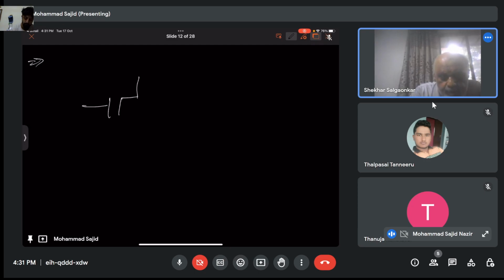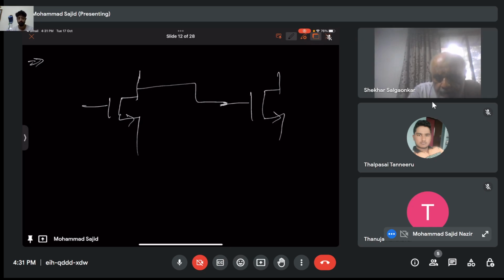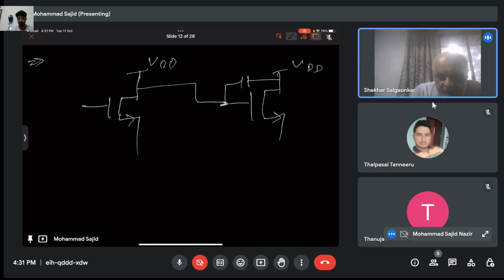Okay. Let me just draw. This one is the MOSFET, the first stage. This is the second stage. The output of the first is cascaded to the second to get the multiplication of the gains, for a higher gain at the output. Now there is a capacitor connected between the drain of the second and the gate of the second, like this. C1 is the capacitor.